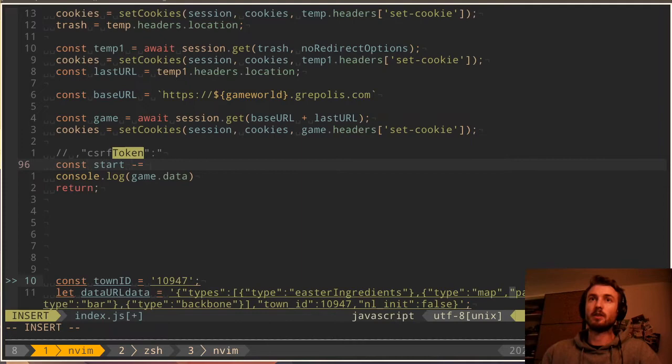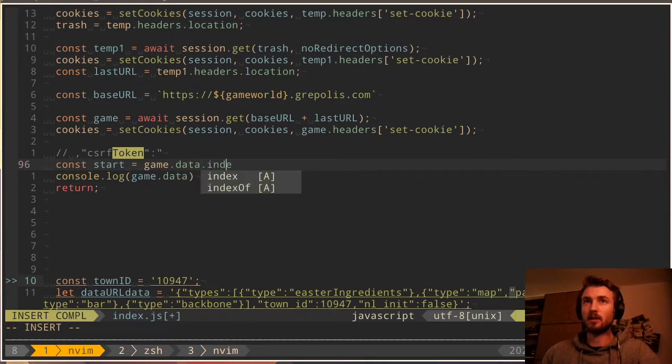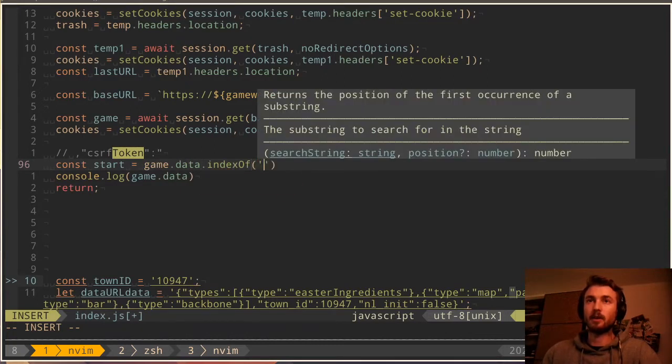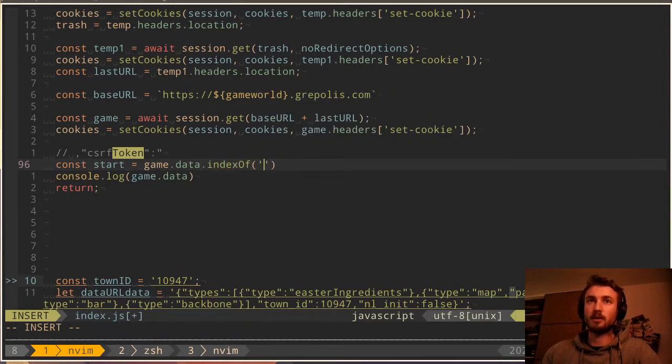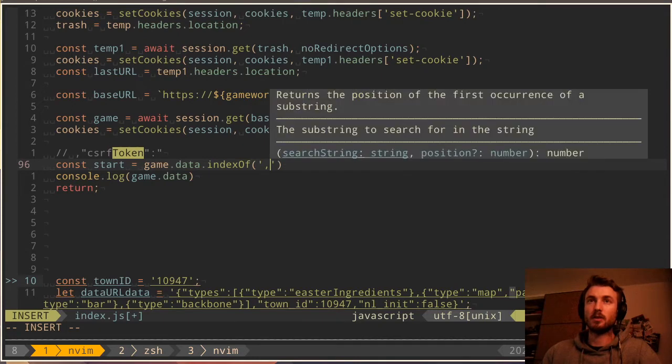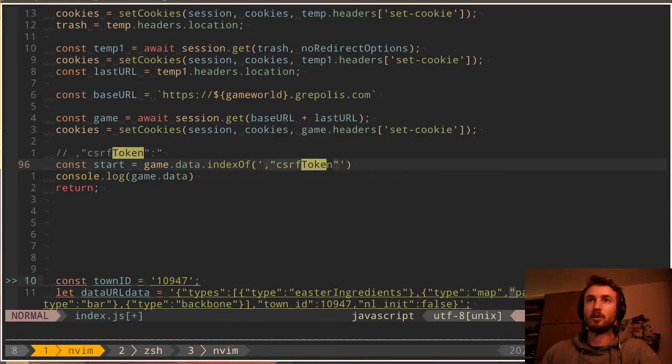Const start equals game.data.indexOf, single quotes, comma, CSRF token, like that. And then we want to